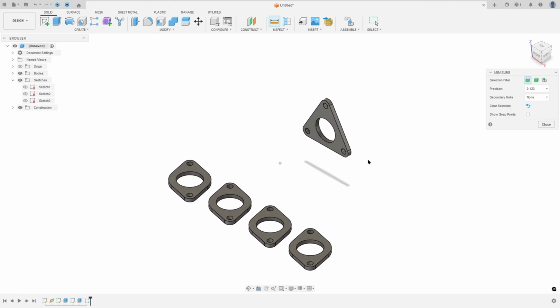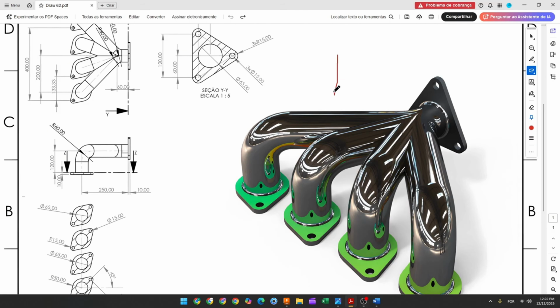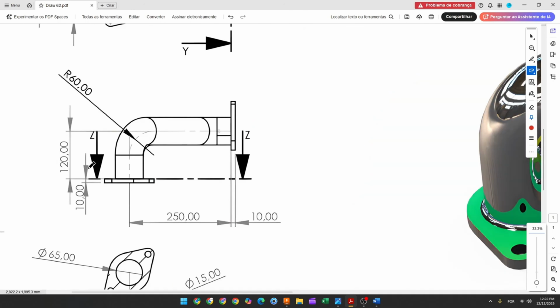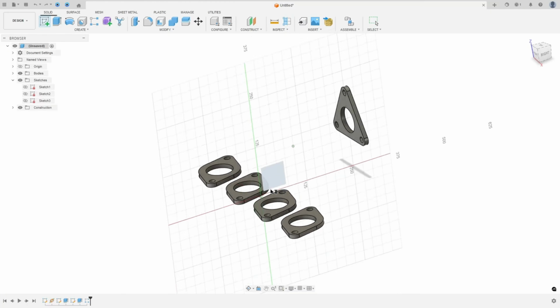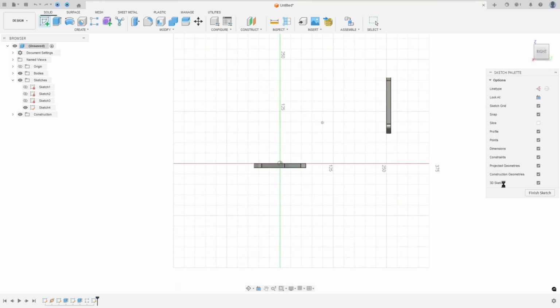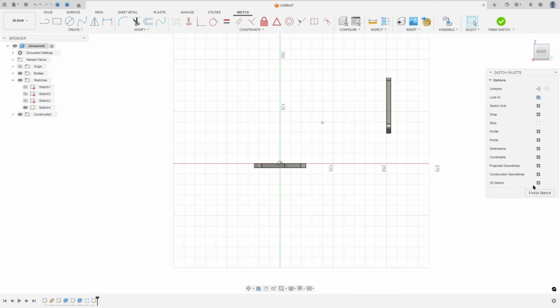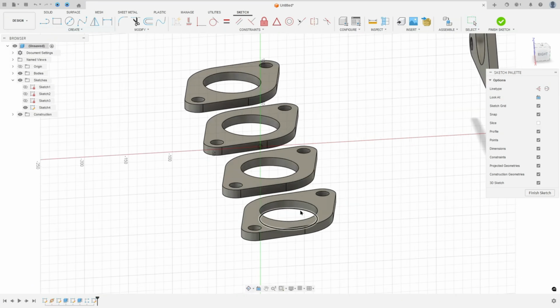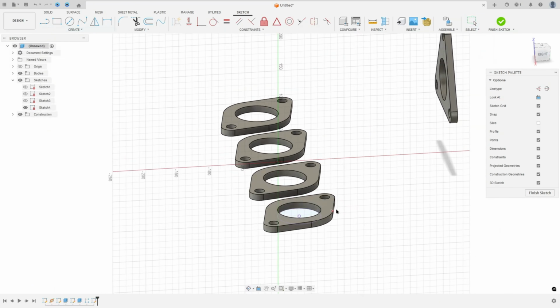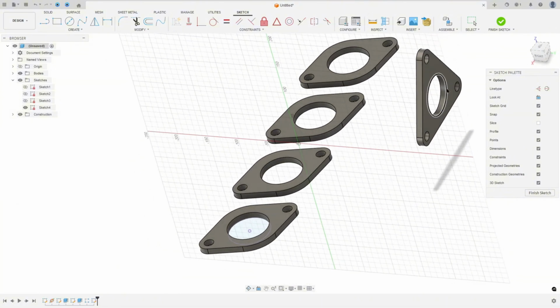We made this. Now we will make this pipe, and we will select the right plane and make this sketch. So go to create a sketch and select the right plane, and enable the 3D sketch, and go to create, select the project include 3D geometry, select this circle and select this circle,